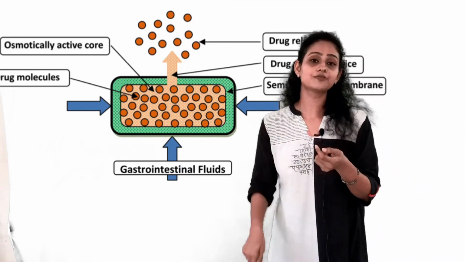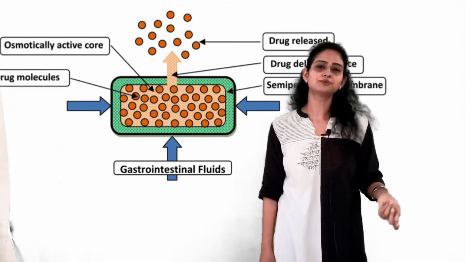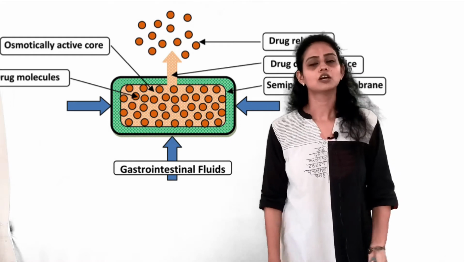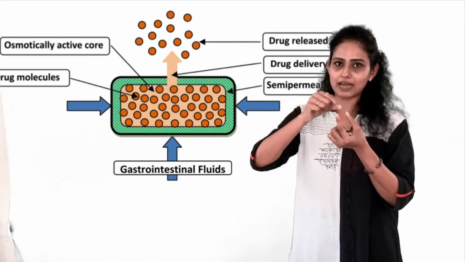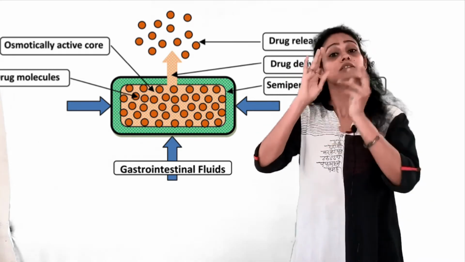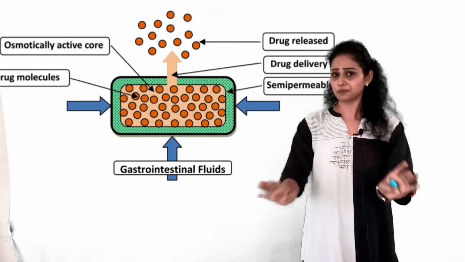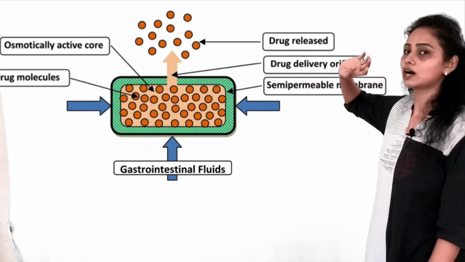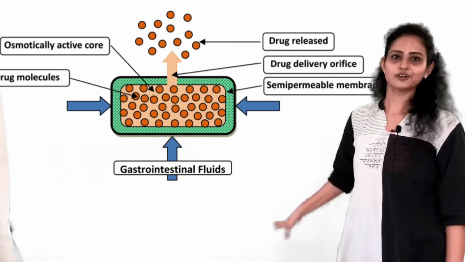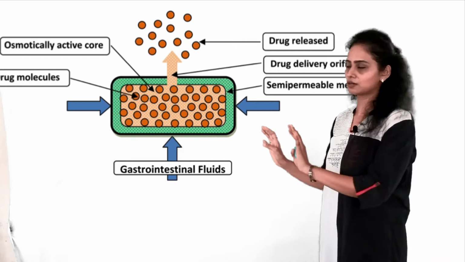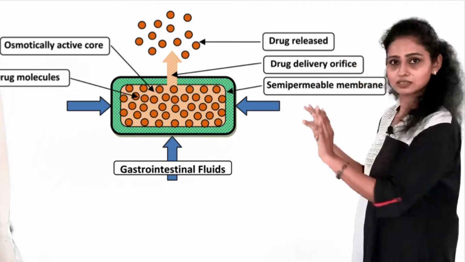Now, this delivery orifice can be prepared in different ways. Say for example, mechanical drilling, a simple process, manual drilling. So, once you get the tablet, then you can put a small hole in that and you can prepare the delivery orifice. This is the simplest form of osmotic drug delivery system which I made you understand, so that you can know which will be the other parameters that will be acting. This is just for your understanding, right. So, I hope what is osmotic pressure, what is osmotic drug delivery system, how it works is clear to you, right.